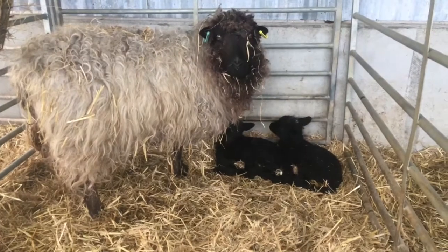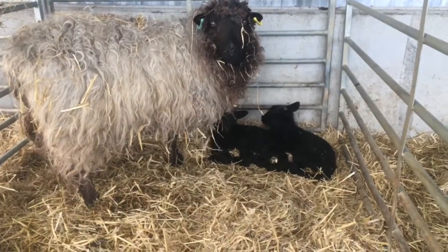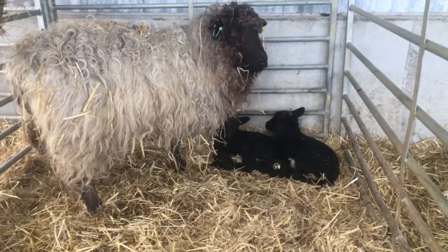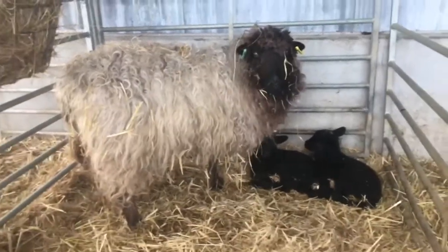And her lambs are out of Jacob, so we were hoping they were going to be spotty, but they're both black at the moment, but they may well go grey with a bit of luck. So these were born a day or two ago, I think. And then